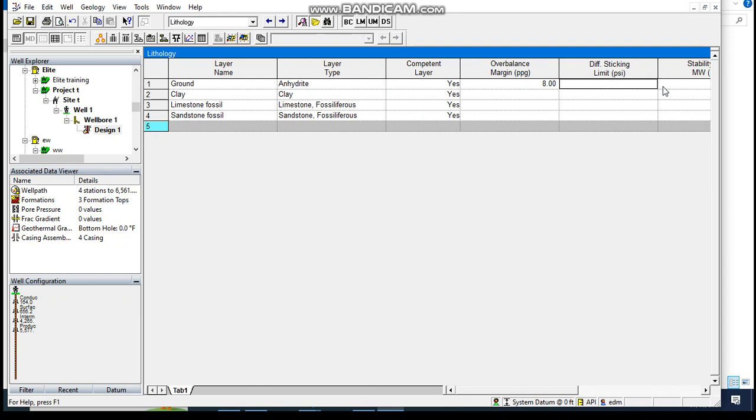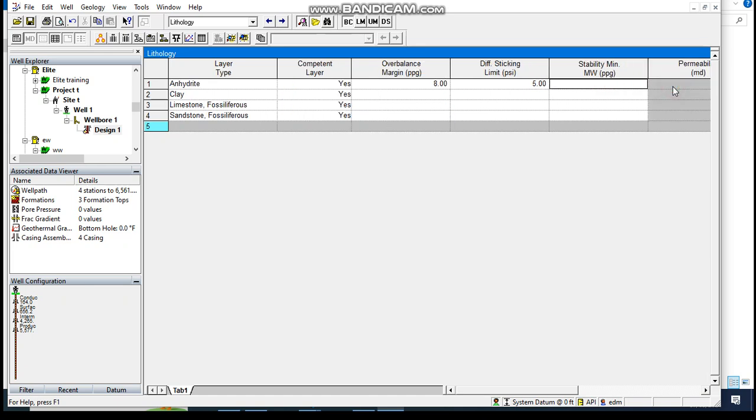the differential sticking PSI. Here I'm going to use a sticking of, okay, it can be up to 200, but I was using lower values, so I will go with lower values. And this stability I'll use again 8. Then we go to the next one. I'll leave it 8, and then 5, and then